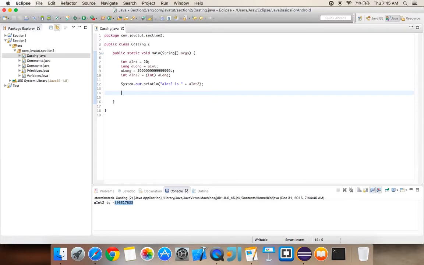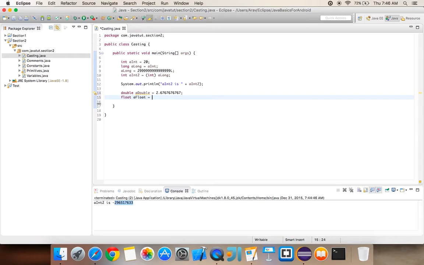Now, casting is not just limited to integers. It can be applicable to floating point as well. So let's go ahead and create a double, and say 2.6767, right? So this is basically more than 7 precisions, right, that float can hold. So float can hold 7 and double can hold 15, right? Now if we were to create